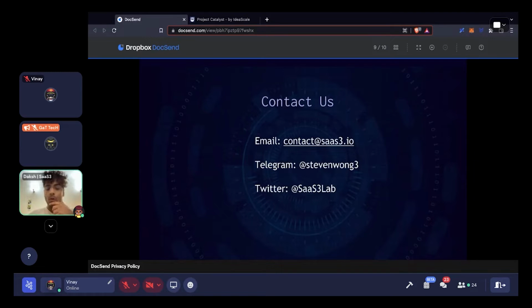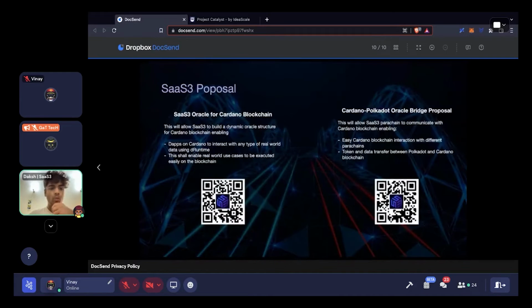And if you want to look at our proposals, just going through what we want to build for the Cardano ecosystem, we have put in two proposals. The first proposal is creating a SaaS3 Oracle architecture for the Cardano blockchain. So that is creating the entire serverless runtime. A decentralized serverless runtime, creating the entire off-chain miner network so that anybody can bring data on the blockchain permissionlessly